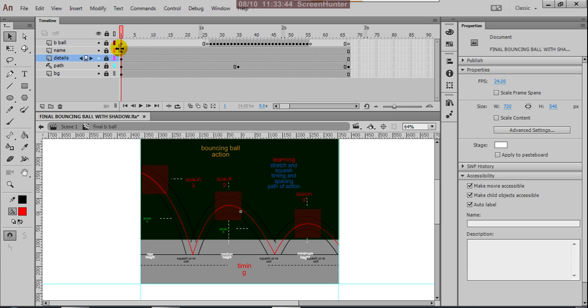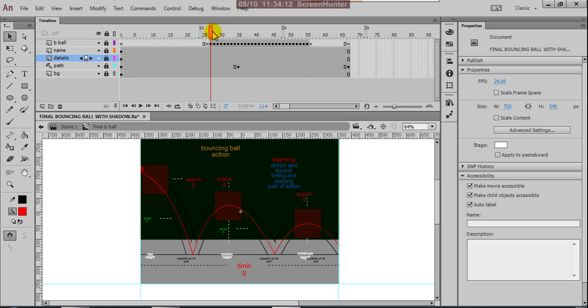This bouncing ball action is possible with normal tweening animation. Suppose the ball is bouncing from top to bottom vertically, in 90 degrees. It is very easy to do with normal tweening animation.